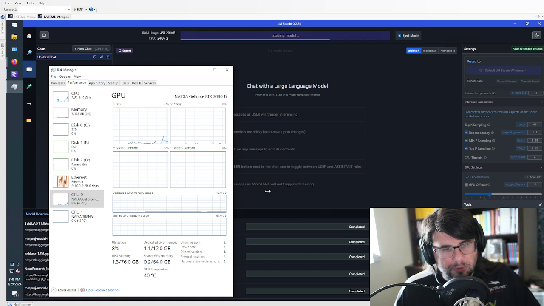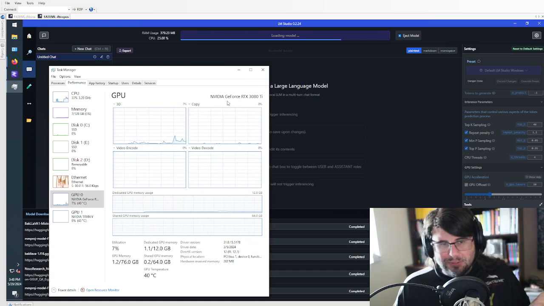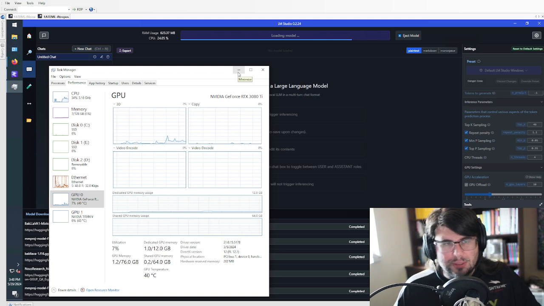Same old boring system. I added a little bit more RAM to it. So got like 80 gigs RAM, but only have like 64 addressable at any given time. Windows and the Z390 chipset's kind of weird on this, but